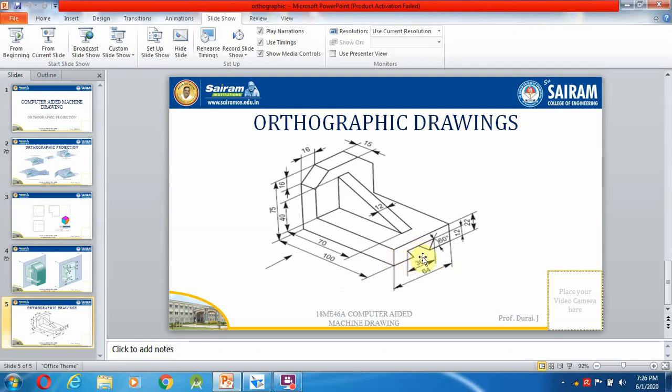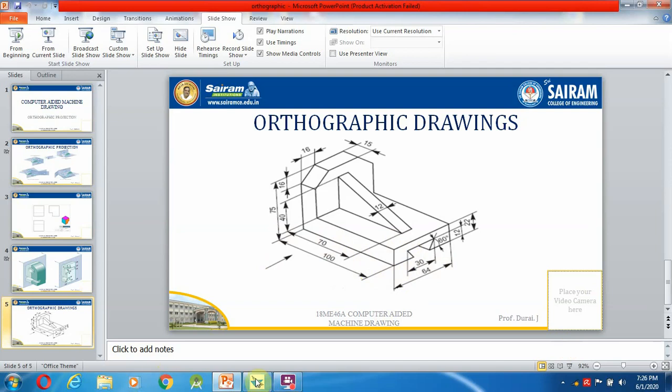So if you see from here, this edge will be hidden by the continuous line. So the bottom line you need not worry about, because that dotted line will be hidden by the continuous line. So okay, from here only these lines you can see.